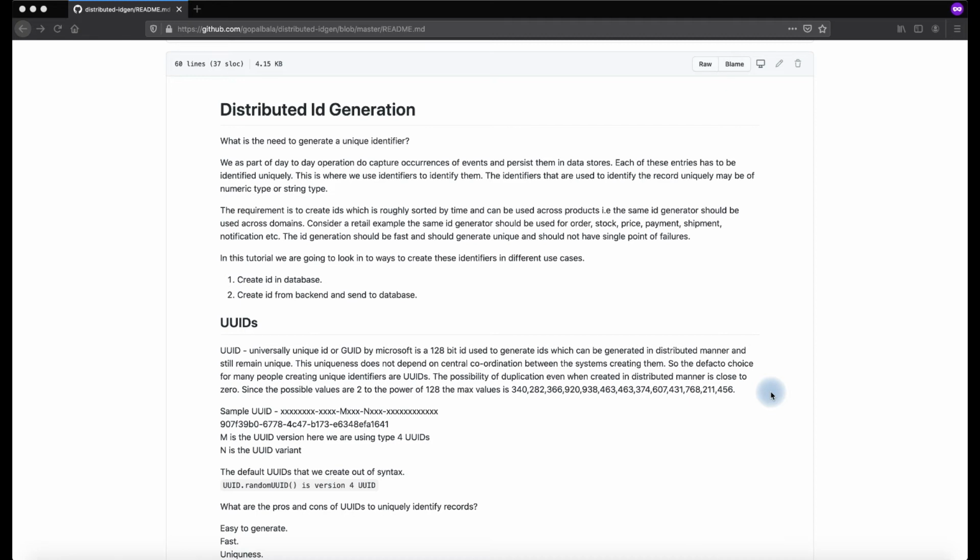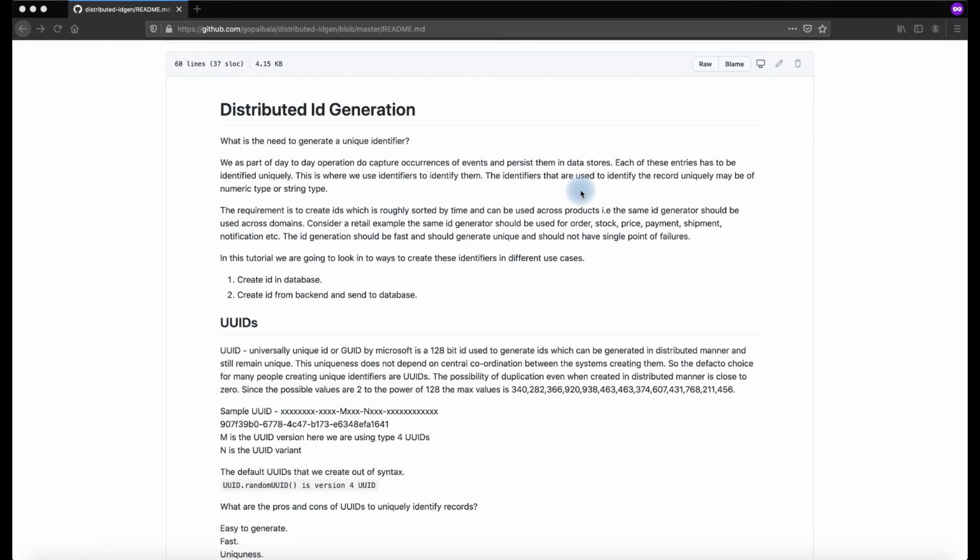So what is the need of a unique identifier? That's what is being mentioned in the first sentence. Each of the entries has to be identified uniquely so that anybody can fetch with that identifier. The identifiers that are used to identify a record uniquely may be numeric or of a string type. So what is an identifier, and does the identifier need to be a number? Need not be. It can be a string as well.